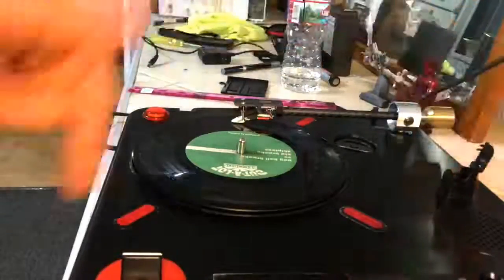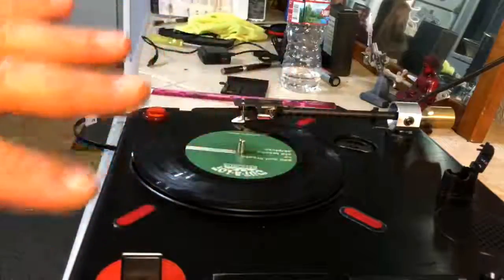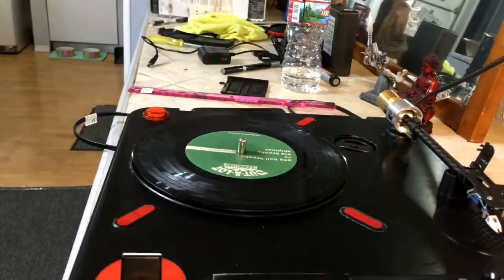That skip that happened when I was cutting was me. I accidentally tapped the tone arm with my finger on my scratching hand. But other than that, I do highly recommend it. Jesse Dean killed it on this one. So props to